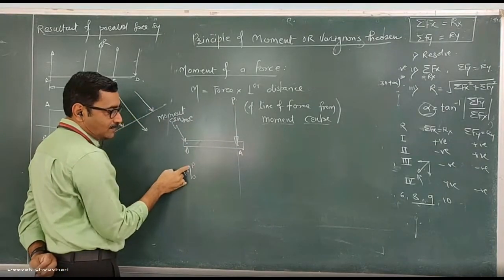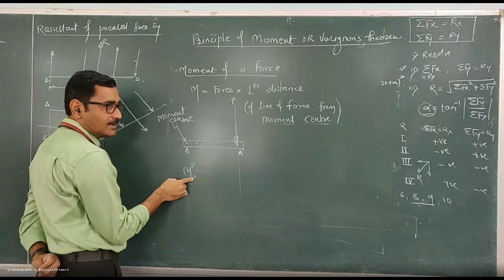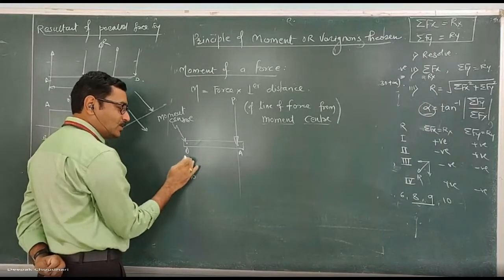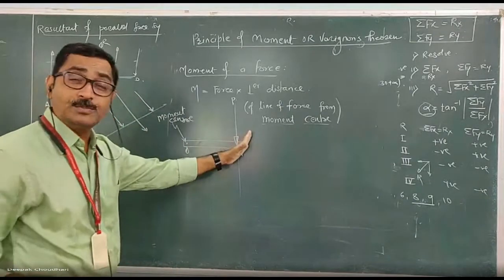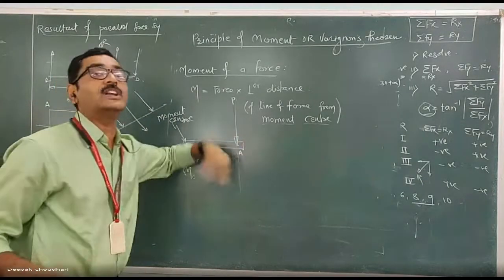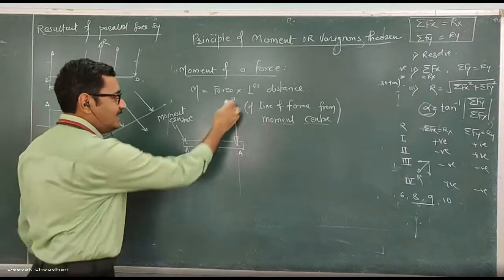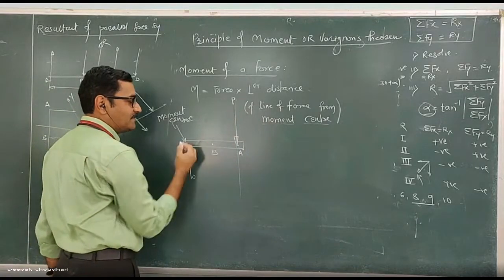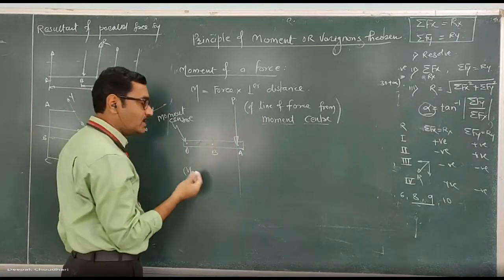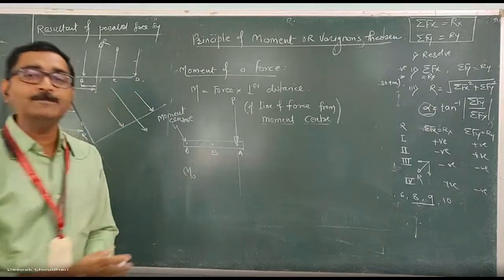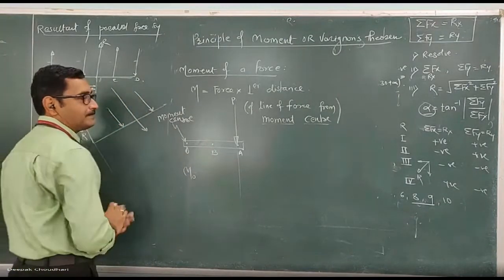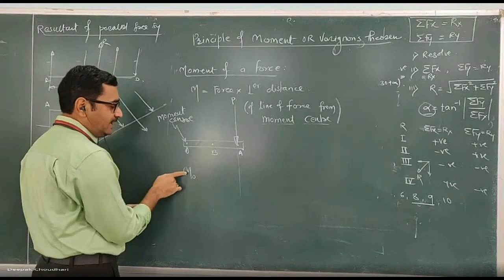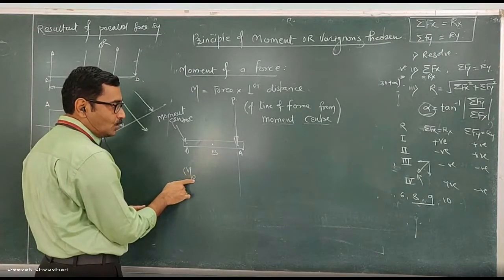So this is the moment of the force P about O. But it is mandatory to write down the moment center because the same force produces different moments with respect to different moment centers. Here इसका moment with respect to the point B is different and with respect to the point A is different, and that's why it is mandatory to write down that moment center as a suffix to that M. So we can read it as the moment of a force about point O or with respect to the point O,